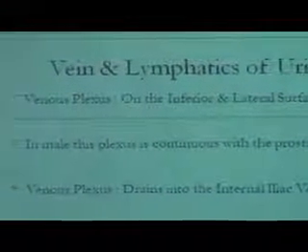Okay? Now come to the vein and lymphatics of urinary bladder. There is a venous plexus situated on the inferior and lateral aspect of urinary bladder, and in case of male, this venous plexus is continuous with the prostatic venous plexus, and these venous plexuses ultimately drain into internal iliac vein, and that subsequently drains into inferior vena cava. Regarding the lymphatics, the first group of lymph nodes is the internal iliac lymph node, which later on drains into the external and common iliac chain. Okay?